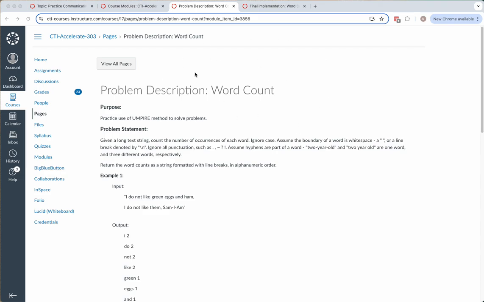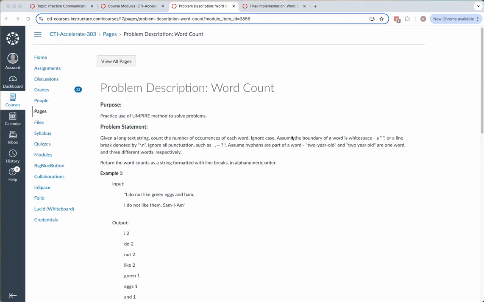I'll be going over the UMPIRE process for word count. So we're given a long text string. Count the number of occurrences of each word. Ignore case. Assume the boundary of a word is white space,